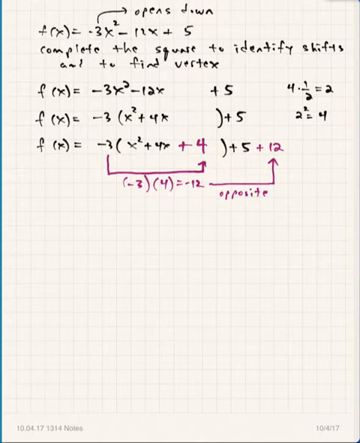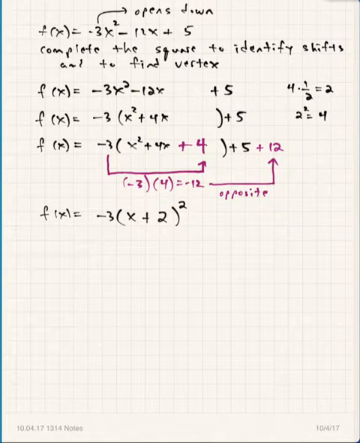And so f of x would be equal to -3. That trinomial inside the parentheses always factors as the square of a binomial: it's the square root of the first term, the sign of the second term, and the square root of the last term. So it factors as x plus 2 squared, and then plus 17 on the outside. And so in that form,